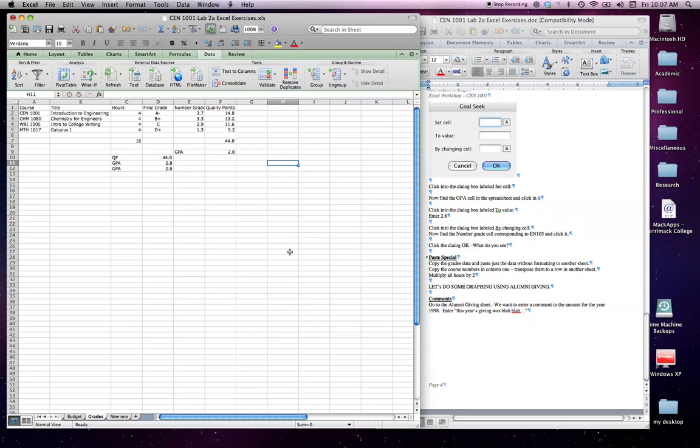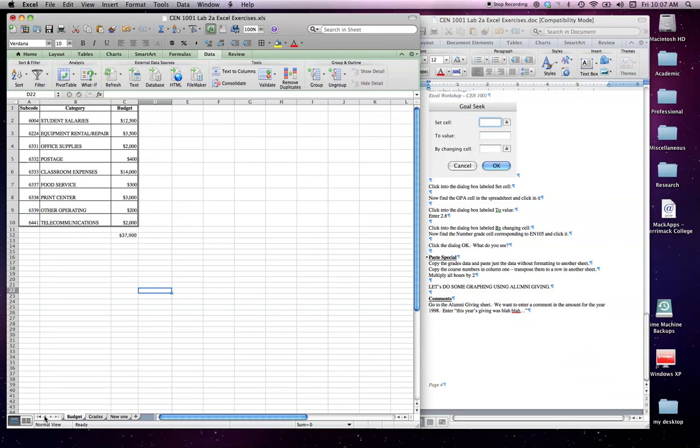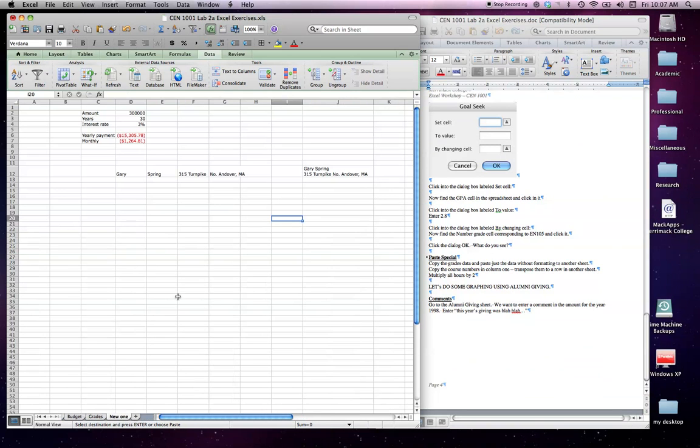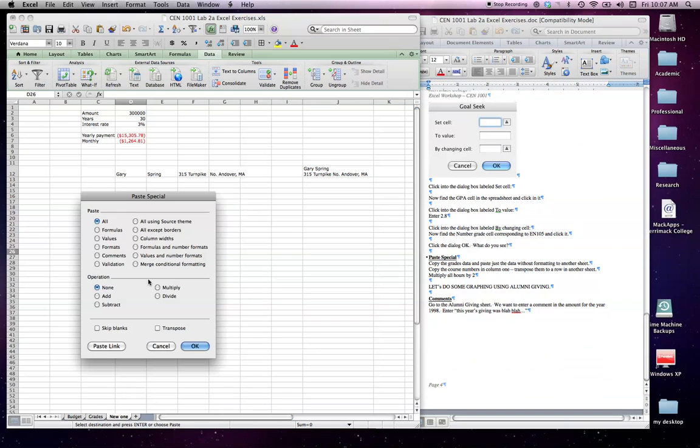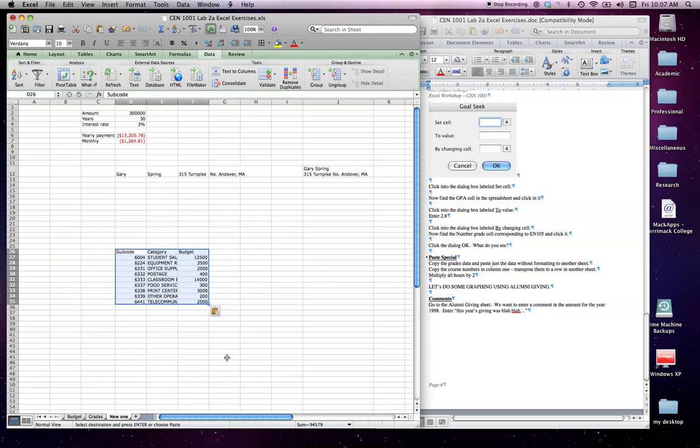Let's see, what else here? I have this budget. If I wanted to copy this budget, but not the formatting, into a new sheet, I can paste special. So I can right-click, paste special, and just paste the values. Okay, and one more thing. I'd like to do some